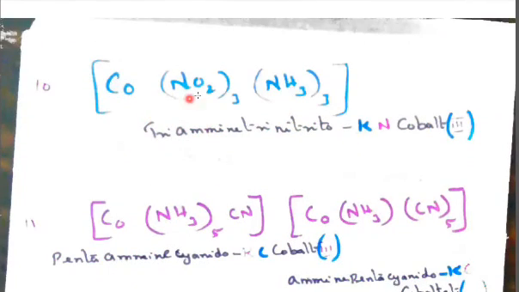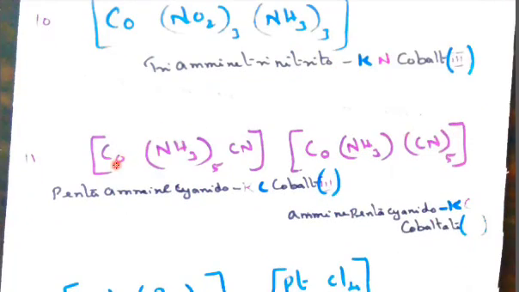Then Co(NO2)3(NH3)3. Here NH3 is a neutral ligand and NO2 is a negative ligand; both are unidentate, so it is an ordinary name. Tri, we can say, but according to the alphabetical order, ammine should be said first. Triammine, then trinitrito, but the donor is nitrogen, so κN. The central metal ion cobalt has +3 valency, written in Roman numeral enclosed in a closed bracket.